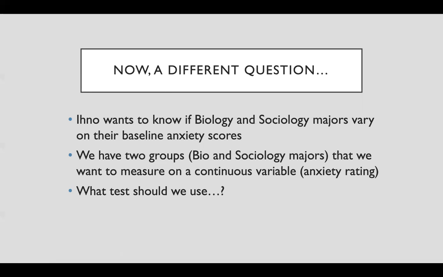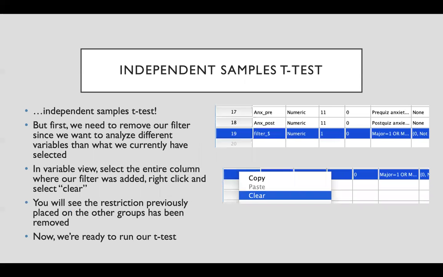Okay, so what if we want to do a different question? What if we want to know if biology and sociology majors differ based on their baseline anxiety scores, because anxiety was measured in this data set. So now we have 2 groups, biology and sociology, that we want to measure on a continuous variable. If you have 2 categorical groups and you want to do a continuous scale, we would use a t-test, independent